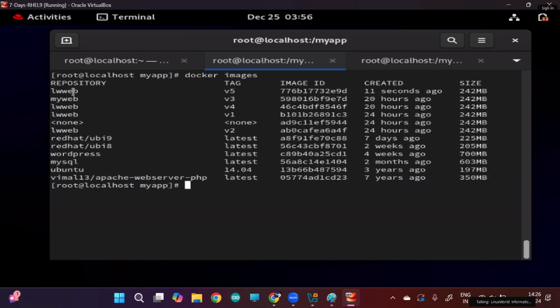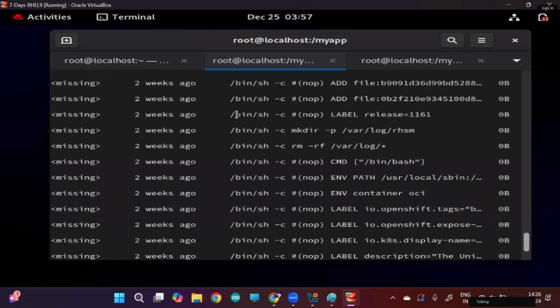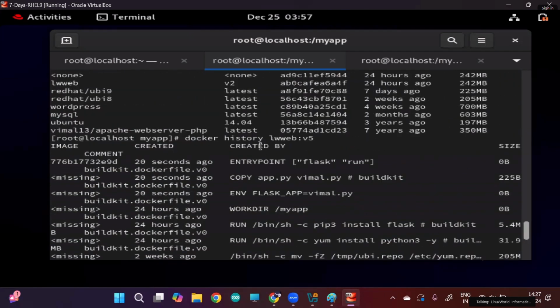Docker images, new image created. And now if you see the history of this image, v5, you can see my entry point is the flask run command. But the challenge is I copied the file with this name, and Flask does not understand this name. That is the reason I set the